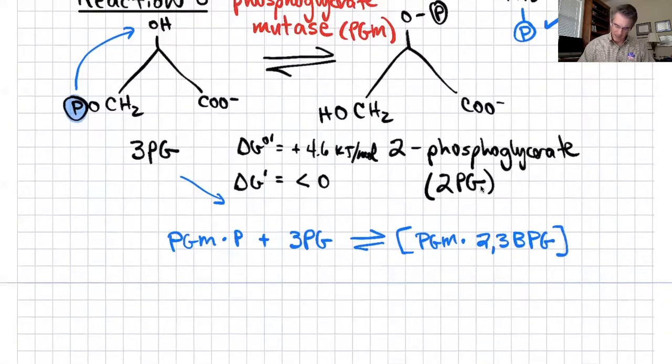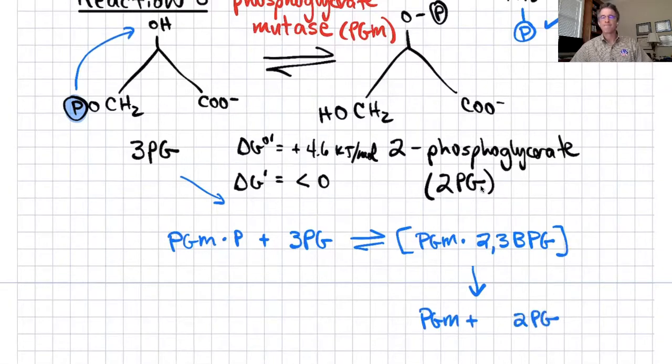Which then will decay to yield the enzyme PGM plus 2-phosphoglycerate, right? So the wrinkle here is that the phosphate group that comes in on the 3-phosphoglycerate is not